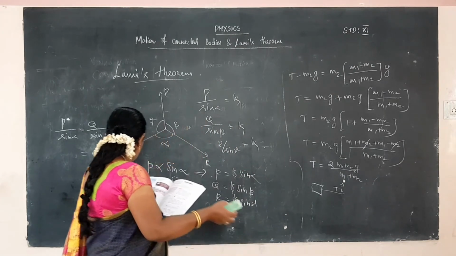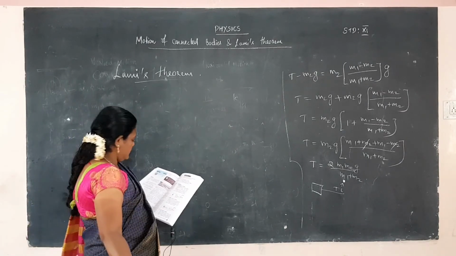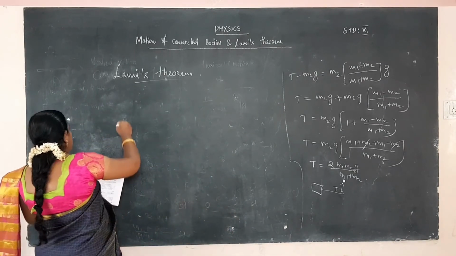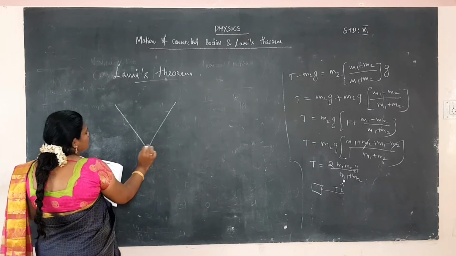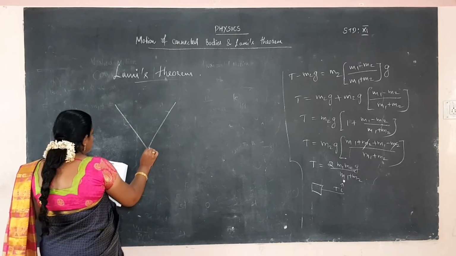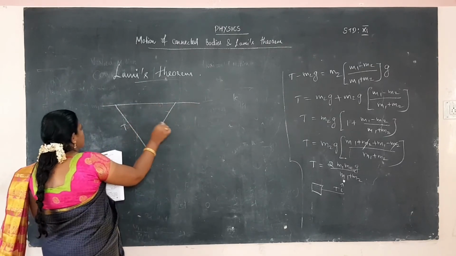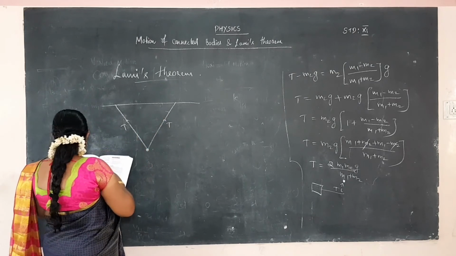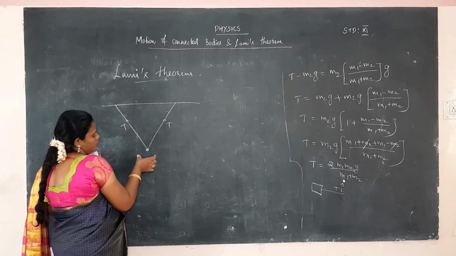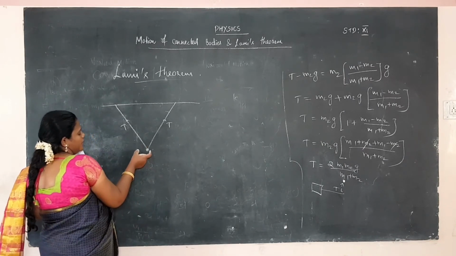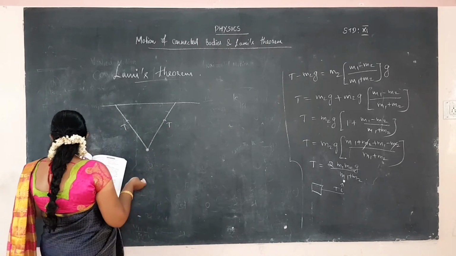First we have to draw a diagram. The baby sits on the swing. The swing is considered as two strings, and the baby sitting on these two connected parts is considered as a single dot. The string has tension on both sides, because the baby sits on the bottom. The baby's weight gives tension on the first string, and the baby's weight gives tension on the second string.